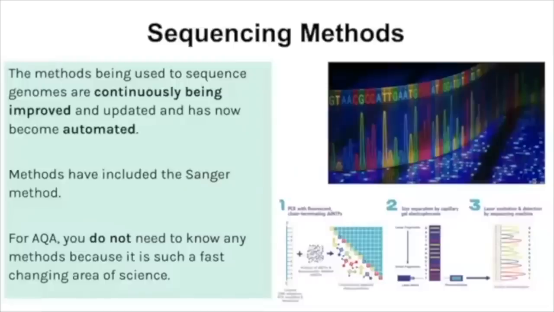Now, sequencing methods being used to identify this DNA-based sequence are continuously being improved and now automated. And that's why AQA have taken it off the spec. You don't need to know any exact methods because they are so frequently improving that if you did learn one, it would probably be outdated within a year. Now, there have been methods such as the Sanger method, but as I said, you don't need to know that because the science of how this is done is so fast changing. All AQA want you to be aware of is that fact, that sequencing methods are now automated and they're continuously being